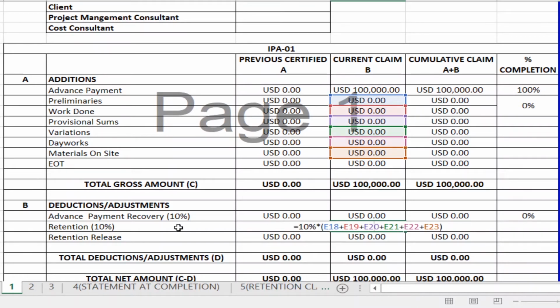In most contracts, the retention will be 10% of the total work done for each payment application. Here all the work done, that is including all your variations, material on site, your provisional sums, your day works, I've included all these as the total work done. Not only your contractual work done, all your other scopes are also included. So retention will be taken as a percentage of all these works.